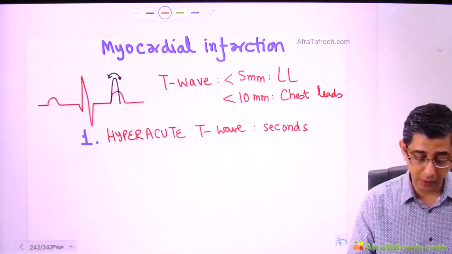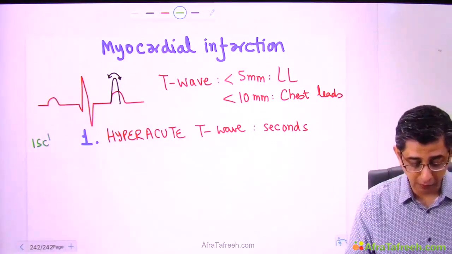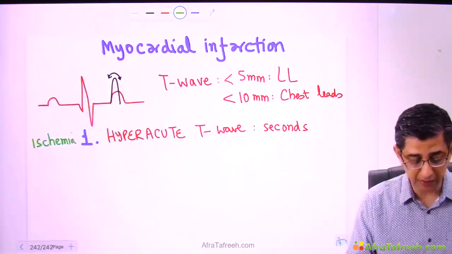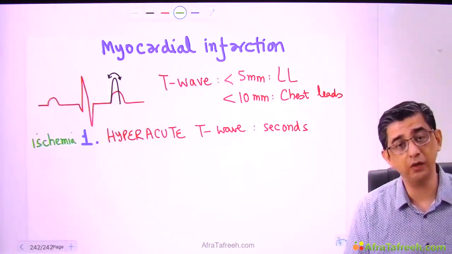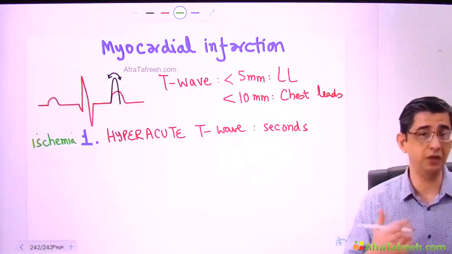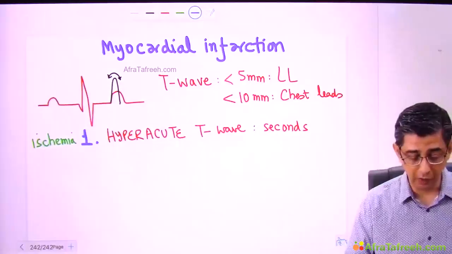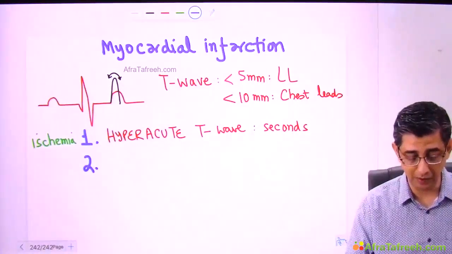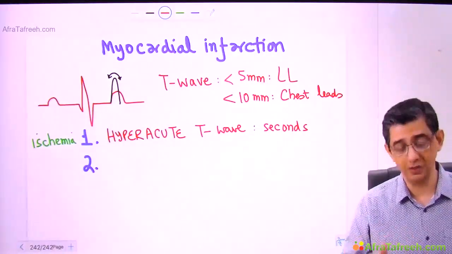On some MCQs, instead of writing 'what is the earliest ECG finding', he might just say 'what ECG finding can be seen with myocardial ischemia', because first there is ischemia, then there is injury. So now we will talk about what can happen subsequently in the patient. Please be clear, not all cases have ST elevation.